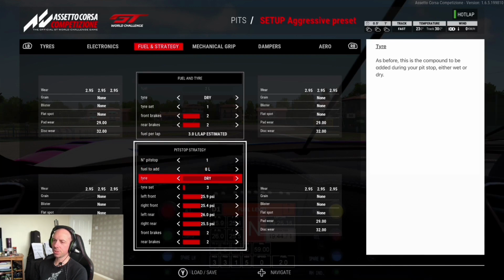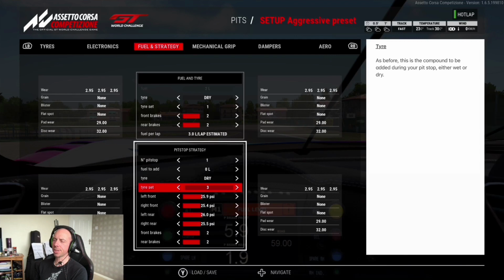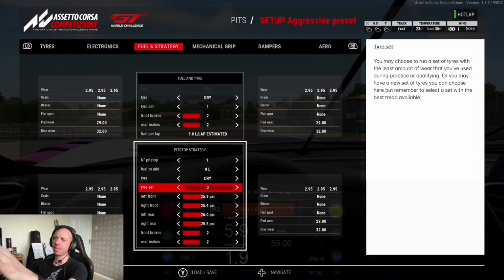Tyres, obviously if it rains you're going to swap onto wet compound, and tyre sets obviously is affected by tyre sets. Say for example in the fuel and tyre set up at the top of the screen you've used sets 1 to 5 during practice and qualifying, but you've still got sets 5 to 10 that you want to use in the race. So remember to set them down here to sets between 5 and 10 or something, so that you know you've got brand new fresh tyres that you're swapping onto